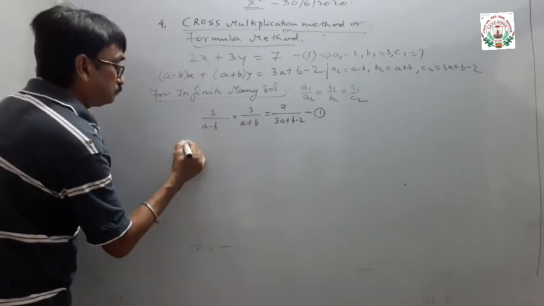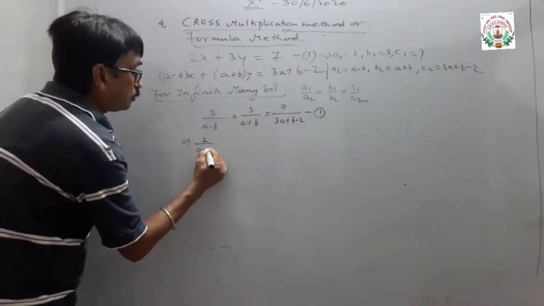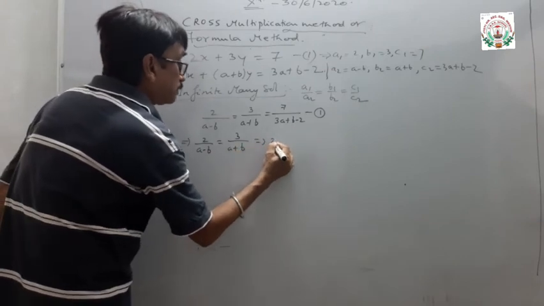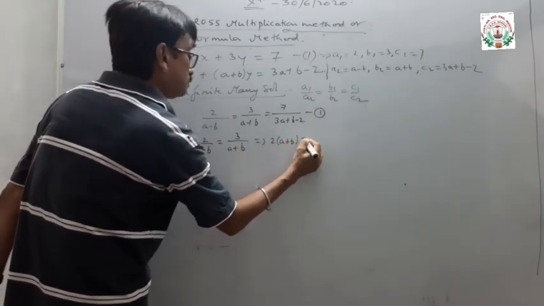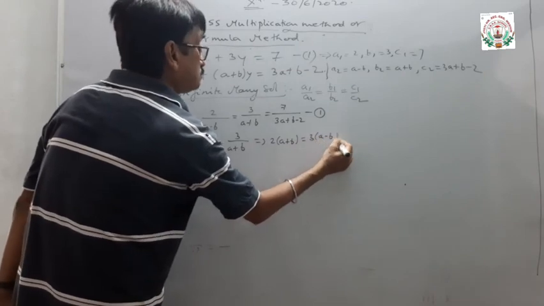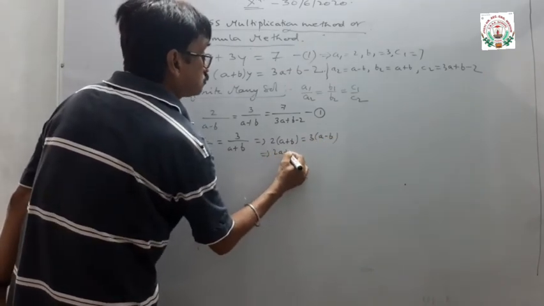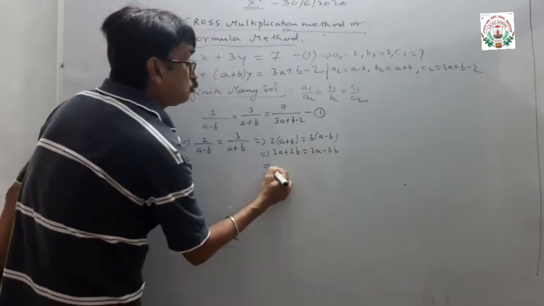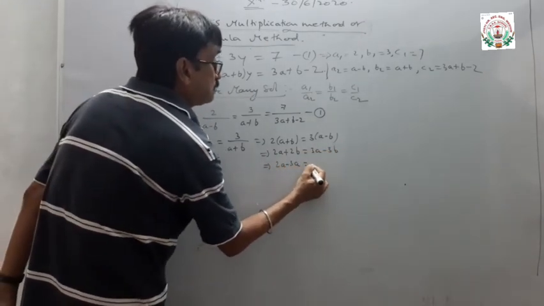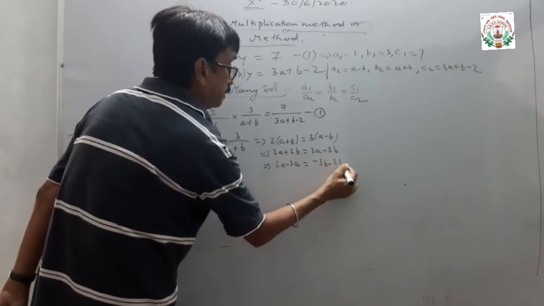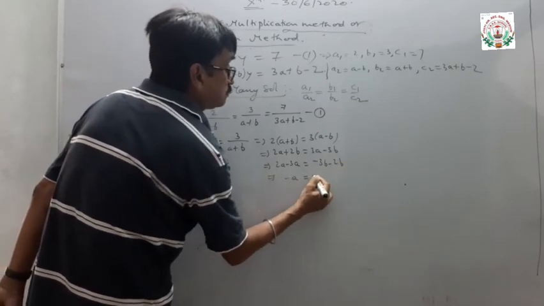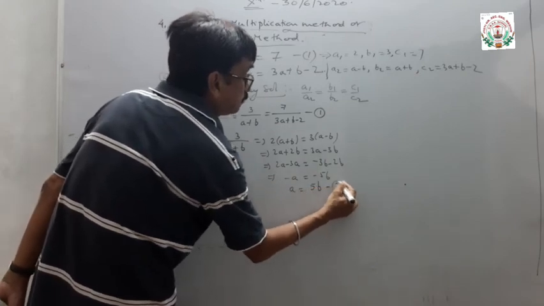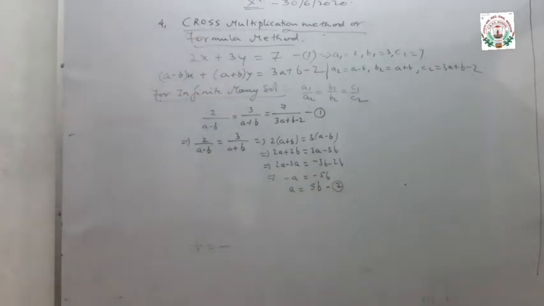अब सबसे पहले इक्वेशन 1 से ये दोनों रेशियो को मैं सॉल्व करता हूँ। 2 अपॉन a माइनस b इक्वल्स टू 3 अपॉन a प्लस b, क्रॉस मल्टीप्लाई 2 इंटू a प्लस b, 3 इंटू a माइनस b, 2a प्लस 2b इक्वल टू 3a माइनस 3b, 2a माइनस 3a माइनस a, माइनस 3b माइनस 2b माइनस 5b, a इक्वल्स टू 5b। ये मेरा हो गया इक्वेशन नंबर 2।